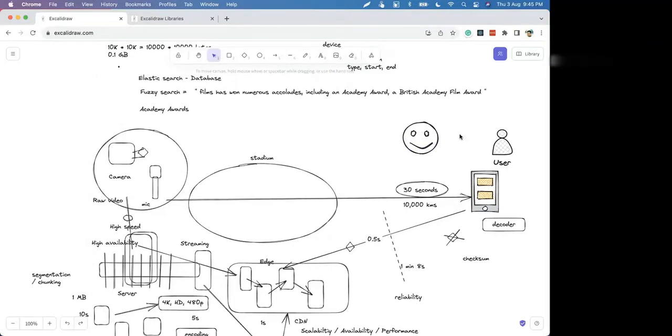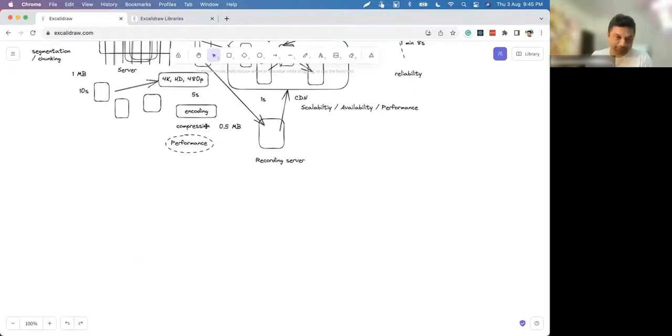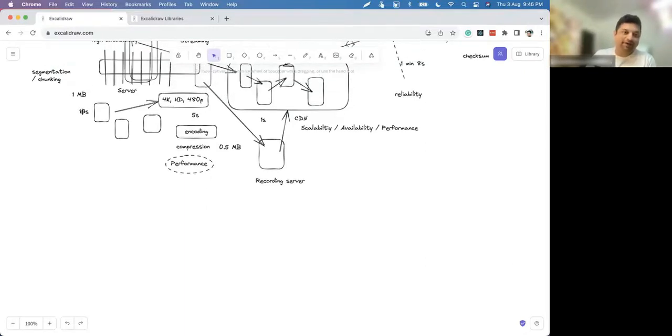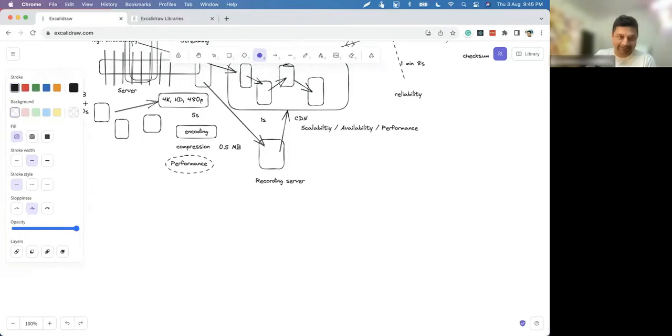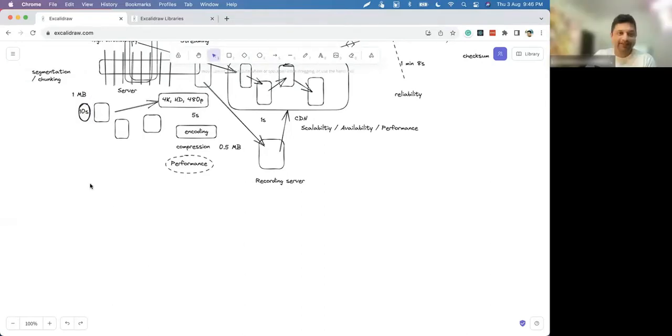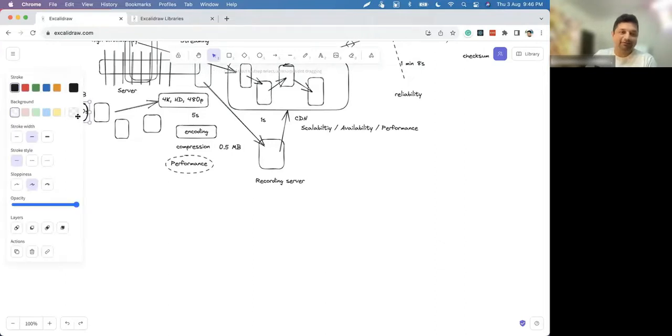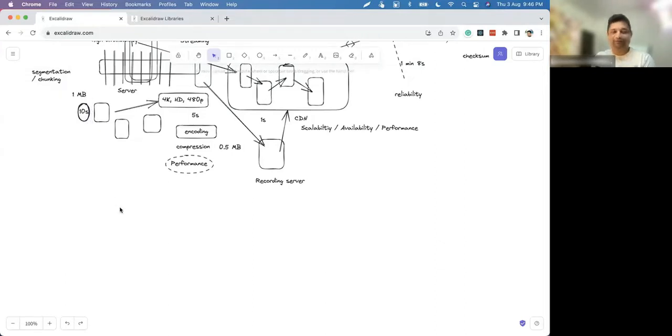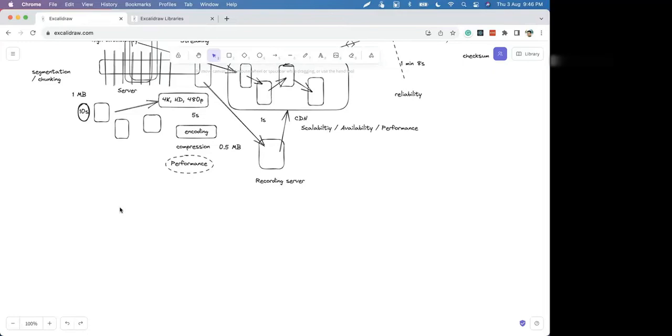Previously, the latency was 1 minute. And with the help of checksum and encoder and decoder, we reduced it to 30 seconds. No. Chunking was 1 minute. We reduced the chunking also to 10 seconds, with the help of the streaming server. See, for 1 minute of chunk, you have to wait 1 minute, right?